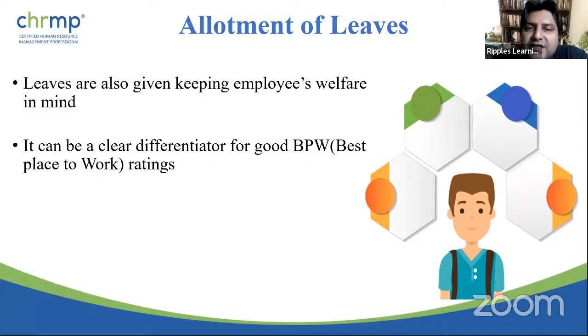So, yes, employee welfare is a very, very important aspect. A lot of times, what you do for your employees in terms of working around leaves increases your BPW rating, right? BPW means best place to work. So the BPW rating is very, very important. I'm sure you keep hearing a lot of organizations advertising, or if you're following some HR literature or magazines, you would see that X organization got rewarded for best place to work. For men, for women, for everyone, a lot of other categories are there. But leaves play a very, very important role.